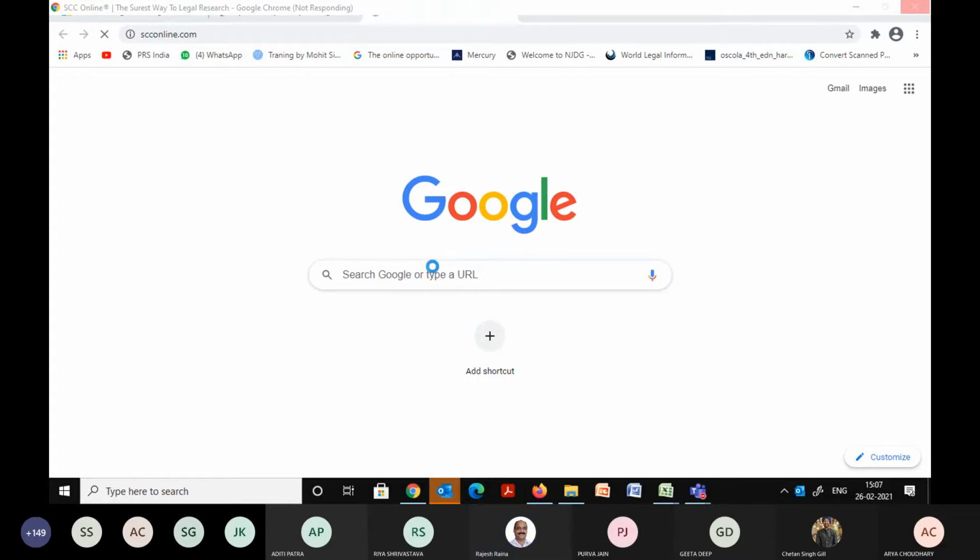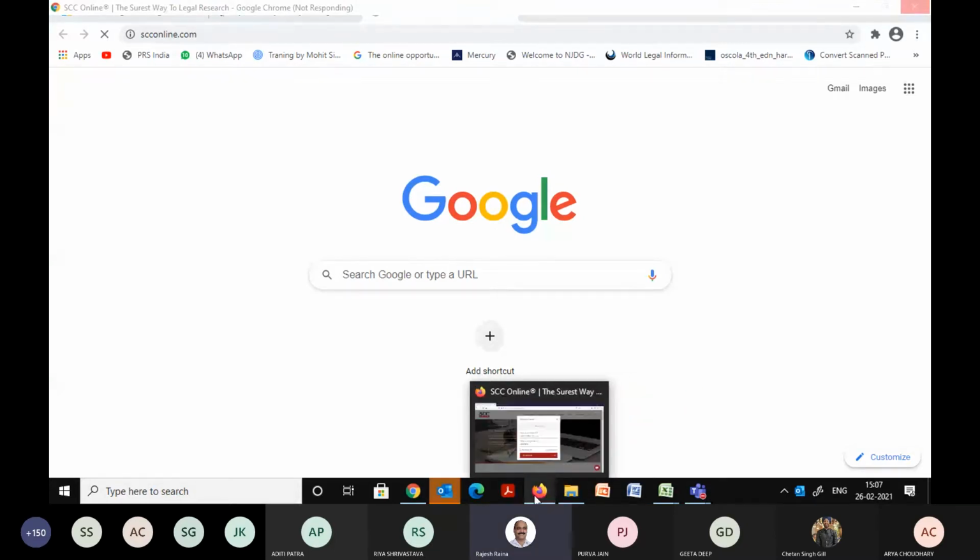Just do a Control Alt Delete. Is it not working? I tried once or twice, it's still not responding. Just leave this browser screen, go to some other screen and then do it. Okay.